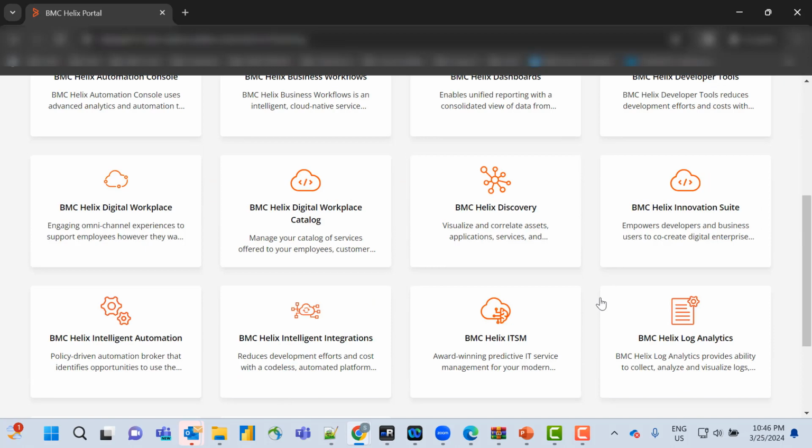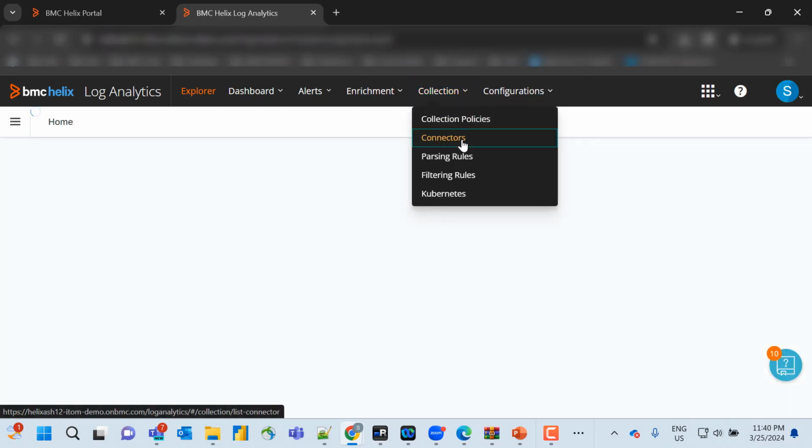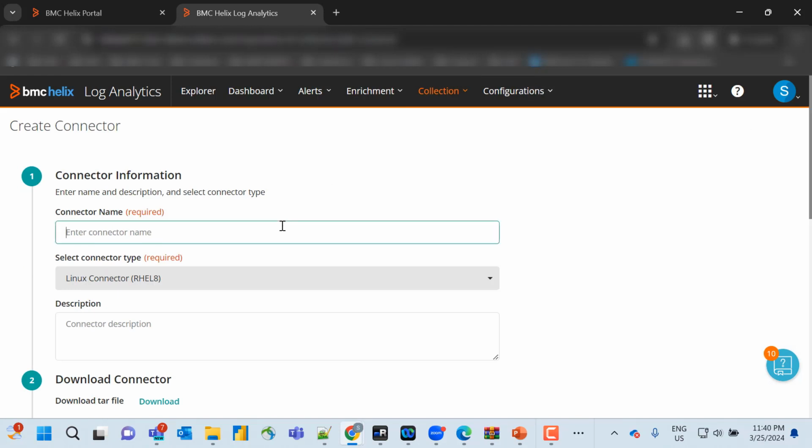So this is my BMC Helix portal. Let's launch the BMC Helix log analytics. From the collection menu, we'll click on connectors. We'll click on create. We'll provide the name as Docker